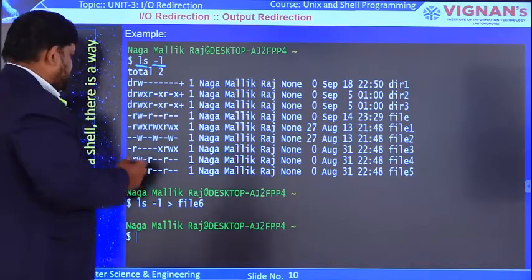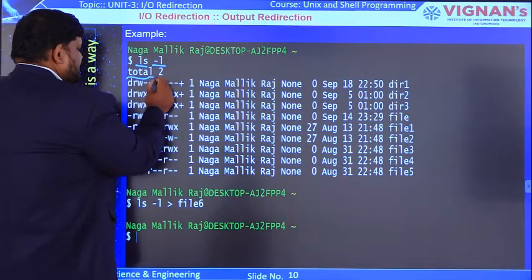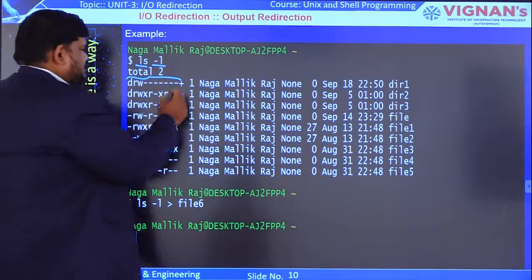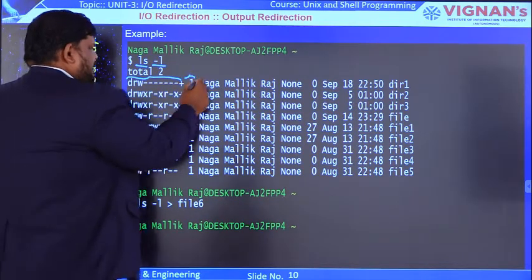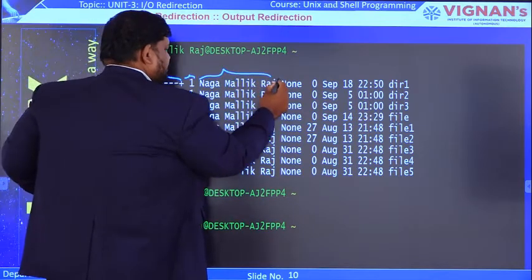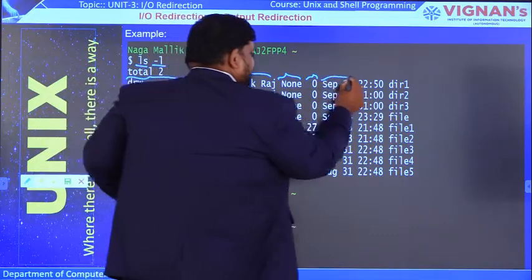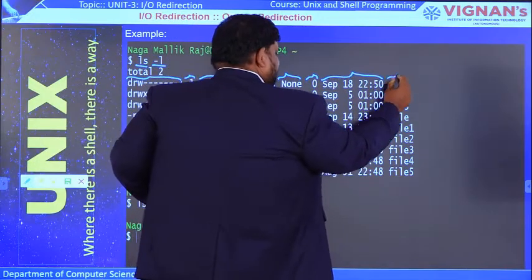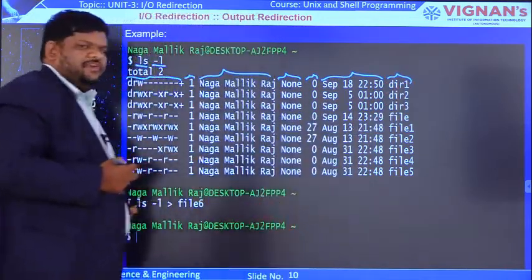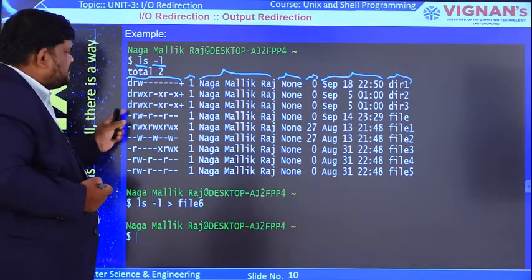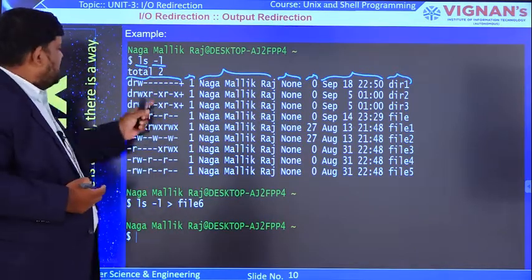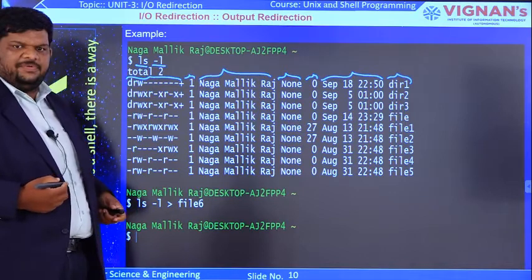The first is permissions, the second is number of links, the third is username, then group name, then file size, then time and date, and the last one is the name of the file or directory. This is the output of the command ls -l.